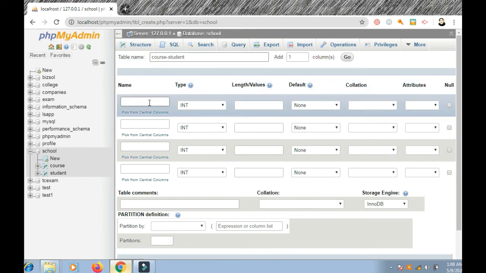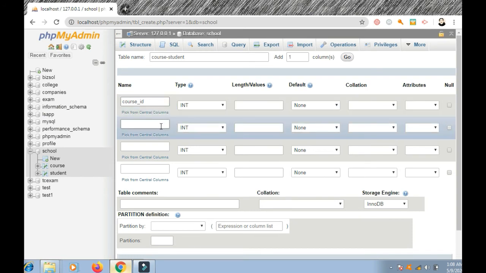Many courses have many students. So first of all, course ID. It should be integer, and for the student we have roll number. Roll number is primary key from the student table.